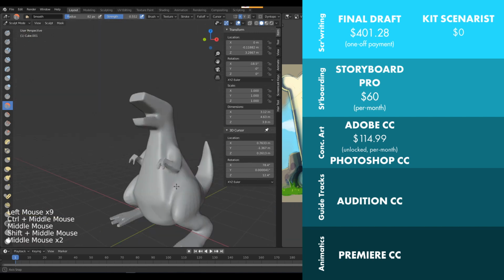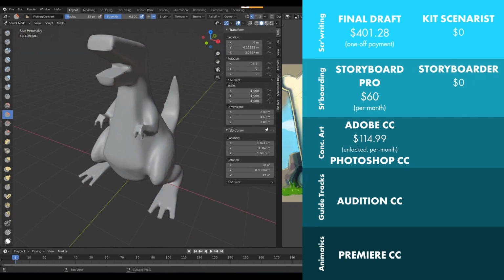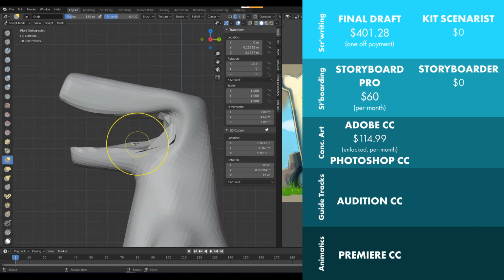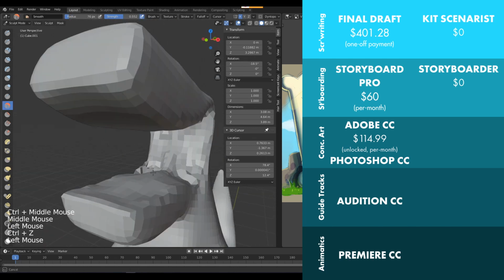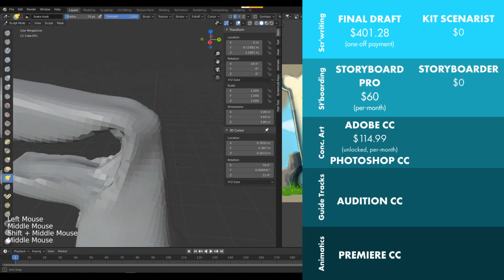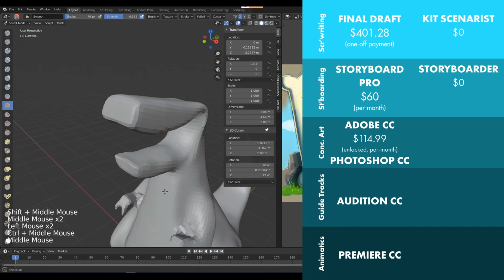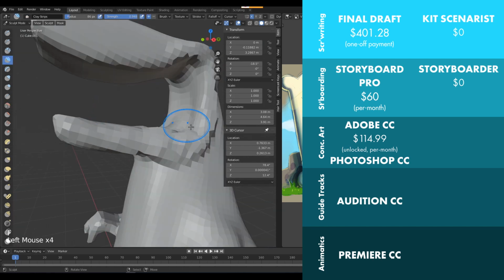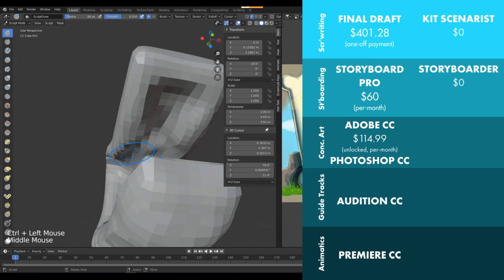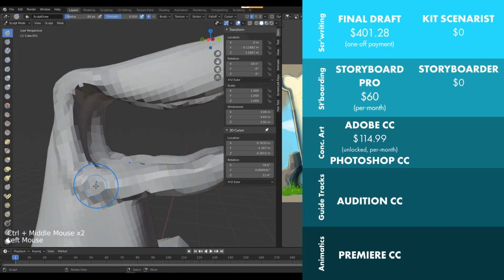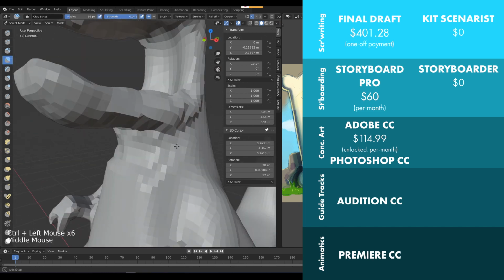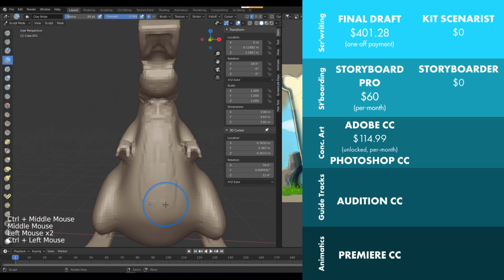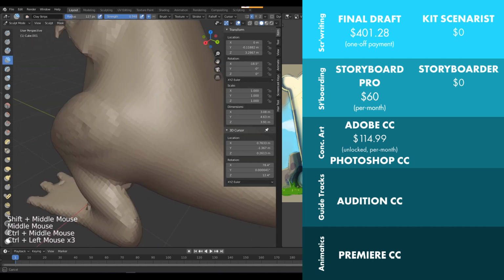For storyboarding, I recommend Storyboarder. It as well is $0. It is literally your only alternative option, in my opinion. I have looked everywhere for a viable alternative to Storyboard Pro, both free and paid. Storyboarding using a traditional drawing software is just so tedious, and every other paid option alternative is a browser-based software, and it sucks balls. Even worse, they still rely on you importing images from other software.